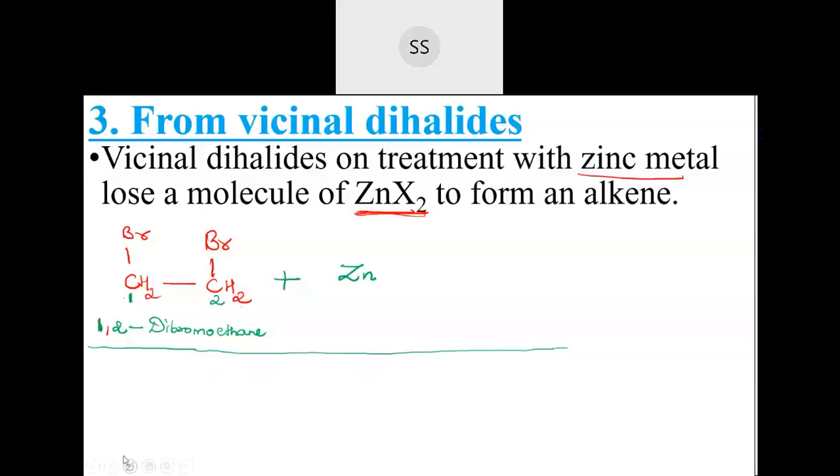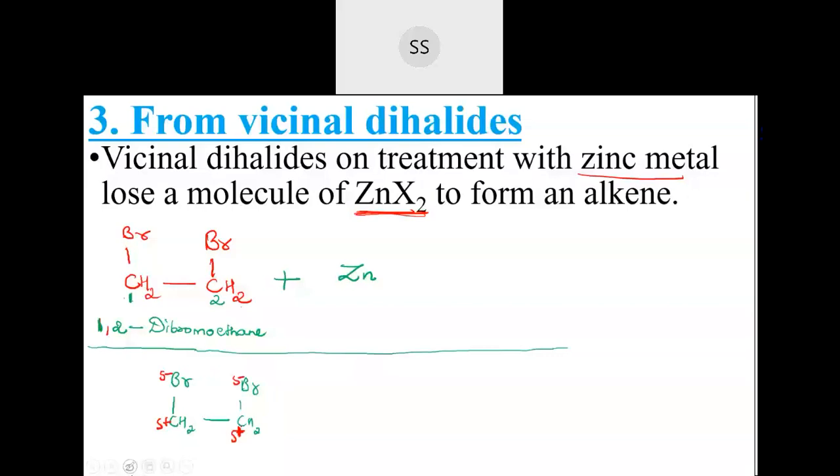Okay. So see now here. I will take CH2 bonded with a bromine atom here, and again CH2 bonded with a bromine atom. You can do the charge separation here because between carbon and bromine, bromine is more electronegative in nature. You know the characteristics of an electronegative element: they try to take all the electron density towards themselves. So bromine will acquire a partial negative charge, and this carbon acquires a partial positive charge. Similar thing happens here also. This carbon will be with partial positive charge, and all the electron density will be towards the bromine atom.